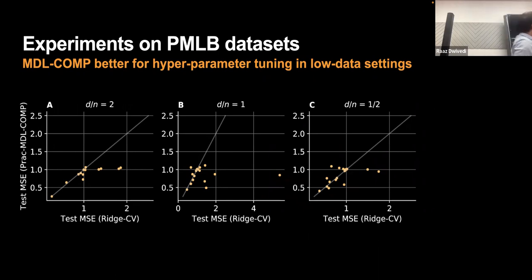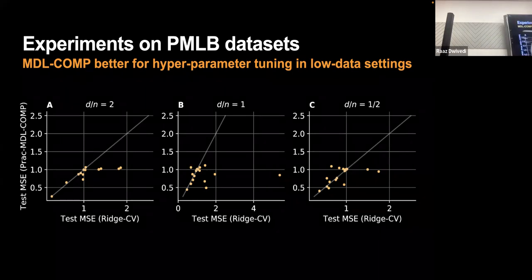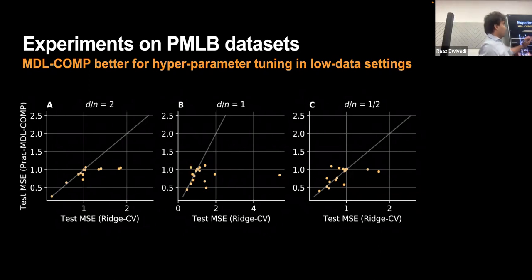So this is a different setting. D over N equal to one means that the number of features is the same as the dimensions. Here you see that the MSE that you get from cross-validation is slightly higher than you get from MDL comp. And as you increase D over N, this method is better than the other method. And when you are in the underparameterized regime, either one is okay. So the point from this slide is that our method provides a competitive alternative to cross-validation